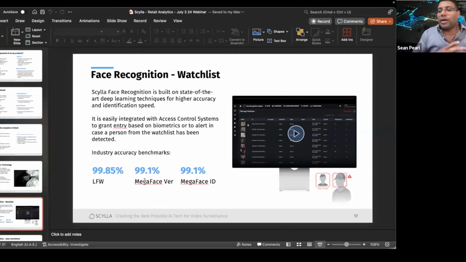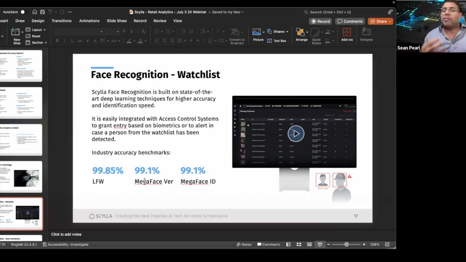Once you've identified a certain individual to be under the watch list, you can already define what sort of call to action you want taken based on that detection. So for example, if person A has been spotted, I can set a rule on the system saying that once this person is spotted, do this. For example, alert the security guard.